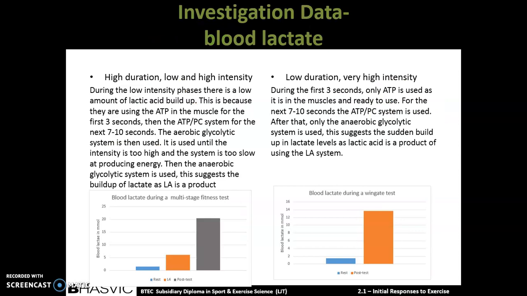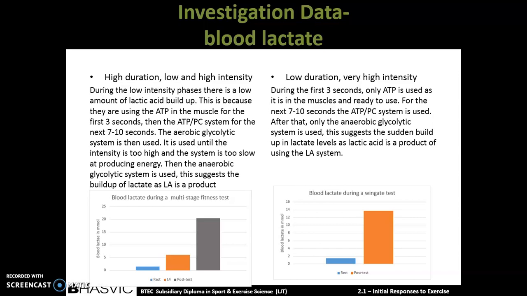During this, our investigation can show which system is being used. For example, during the multi-stage fitness test on the left is long duration and both low and high intensity. During the low intensity phases, there is a low amount of lactate buildup, as you can see at rest and at level 4. This is because they're using ATP in the muscles for the first 3 seconds of the event, and then for the next 7 to 10 seconds, the PC system will be used. For the rest of it, the aerobic